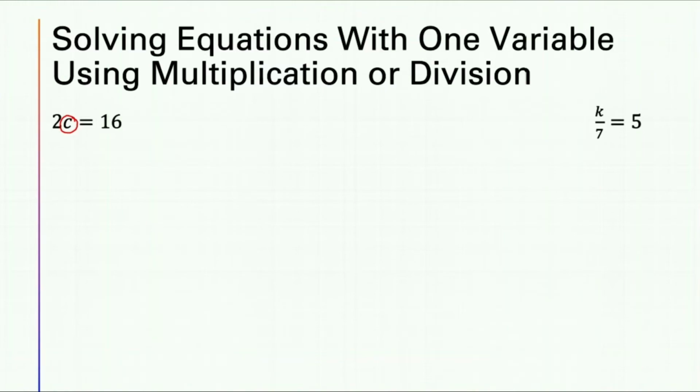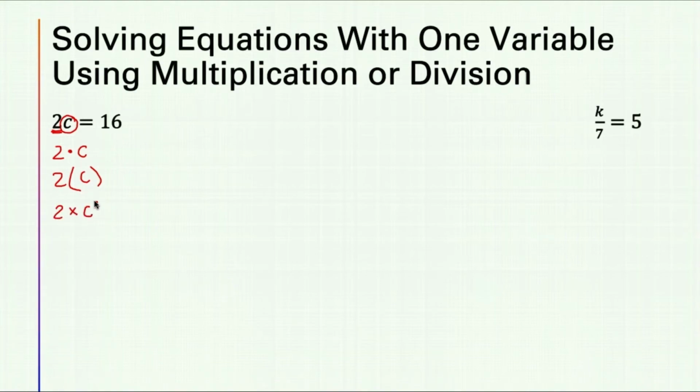Alright, I am assuming that you're done and you've gotten an answer, and now you're waiting for me to check with you. We leave this variable alone, and we can see that this 2 here is being multiplied by c. Now, if you're not familiar with this format, it may be a little confusing, but 2c is the same as 2 times c.